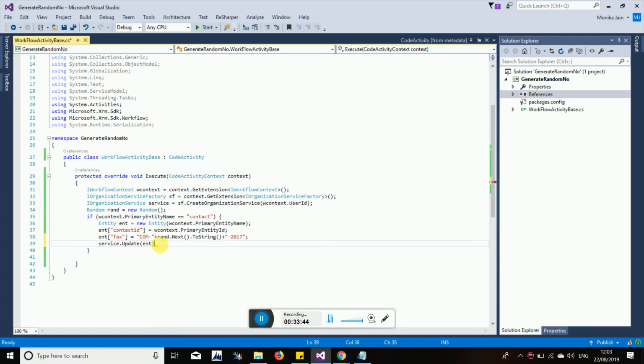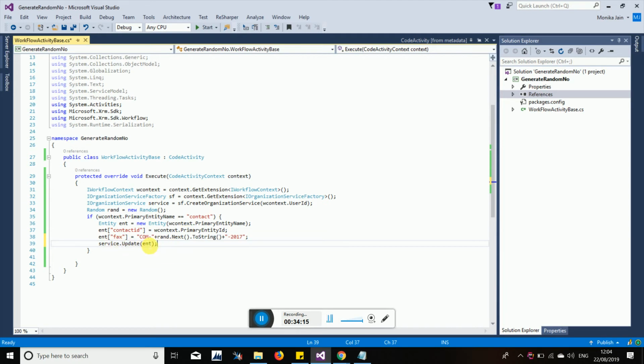Current entity. I have already specified the GUID, which record needs to be updated, and what record entity I created. Both things I have conveyed. Entity type I have defined as contact. So in the contact entity, which record should be updated? The record where the primary entity ID is this. Your code should have complete details on which entity it is going to and which record it is updating. We have specified both those things, so it should execute fine.